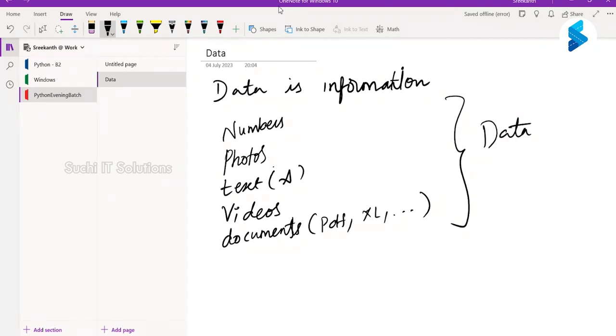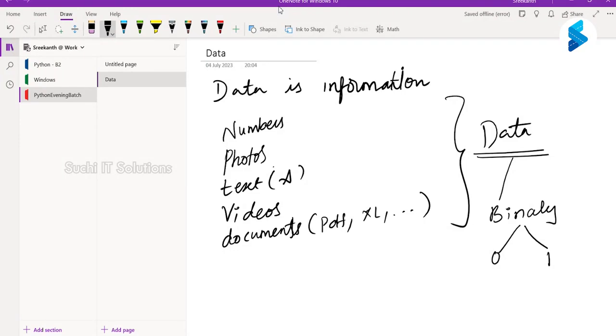And how can it store that data within the computer? The computer universally understands only one language. What is it? It is binary. A computer can only understand binary data, which is 0 and 1. It stores everything internally in the format of zeros and ones.